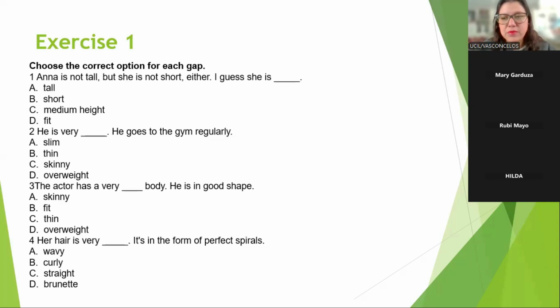Is it much better? Yes. Ruby, yes, and Hilda, I only have a question, teacher. Tell me. Do I have to include the time? No, it's not necessary. Okay. Is it okay? Is it much better? Ruby, yes, and Hilda, thank you. Totally clear. Yes, thank you. You're welcome.